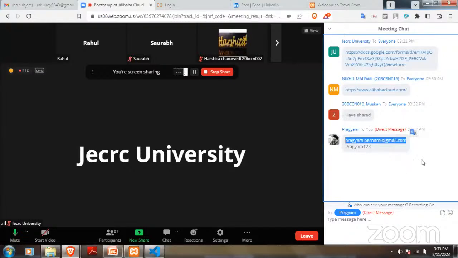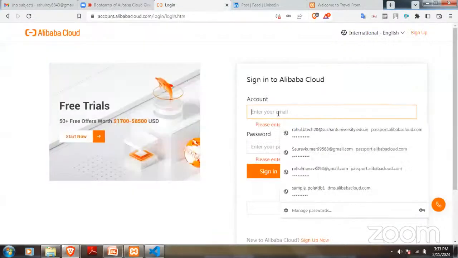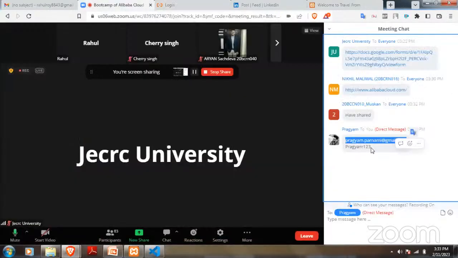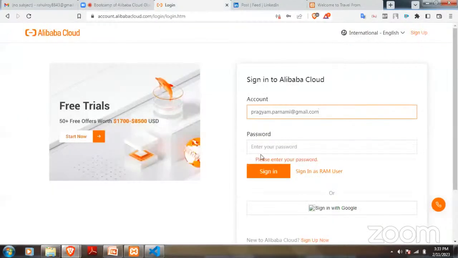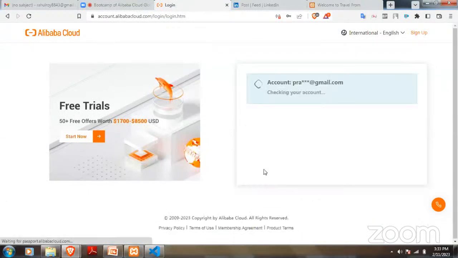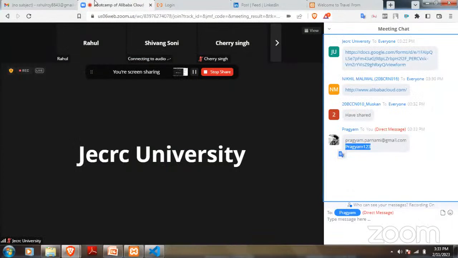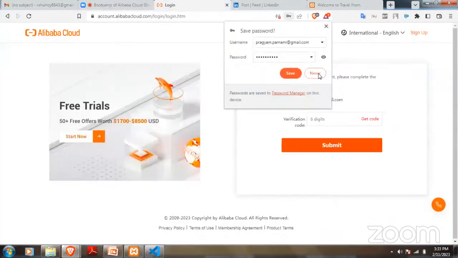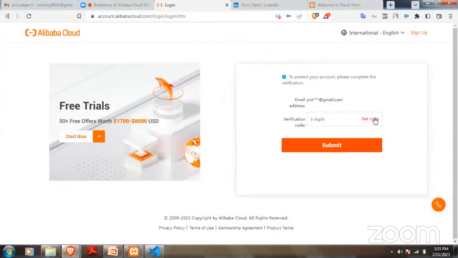Okay, so let me just log in. And please make sure we'll be needing your college official ID for the student verification purpose. Okay. So Pragyam, we'll be needing the OTP that you'll be having on your Gmail.